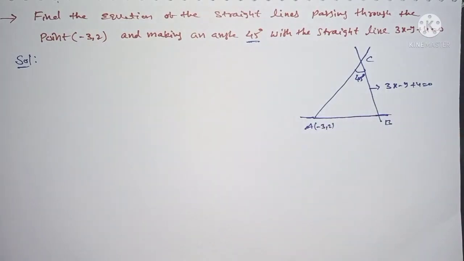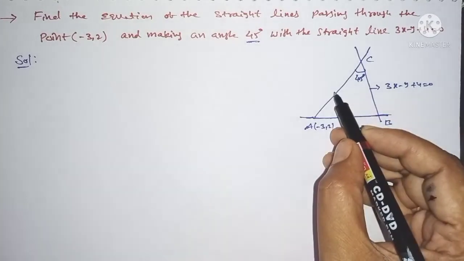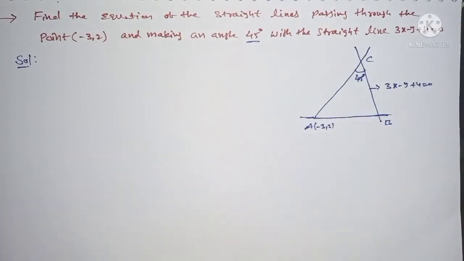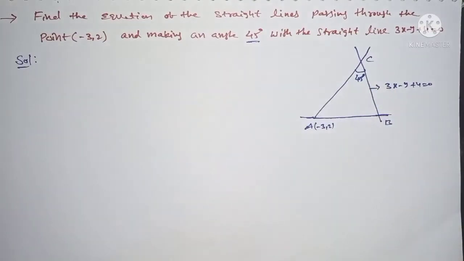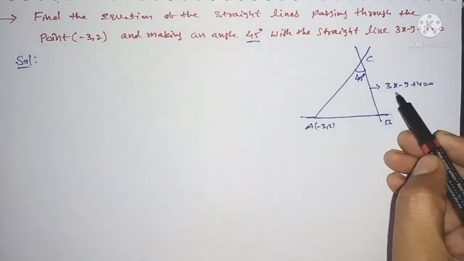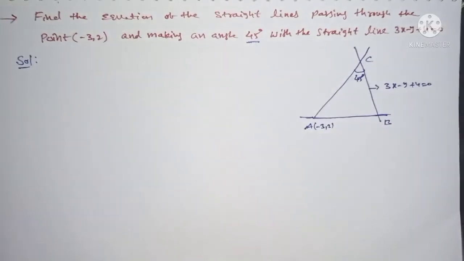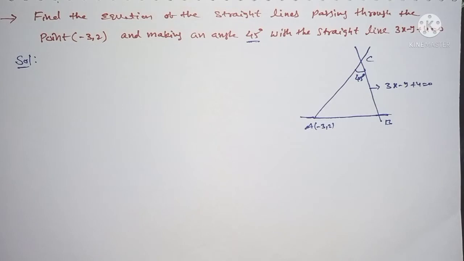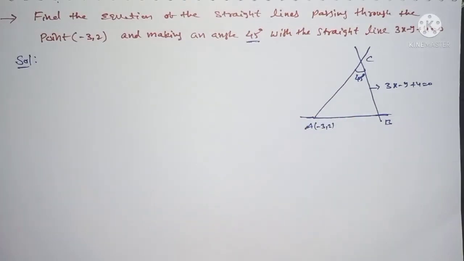It may be one or two lines, depending on the m value only. Therefore it is given 45 degrees. The other line equation is not given. Therefore you can use the slope: you have the AC line and the BC line slope. In this equation that is given, you can find the slope also. You can assume the AC slope is m only or k only, and substitute tan theta for the angle. 45 degrees is given, therefore you can take tan 45 here, and you get the solution.